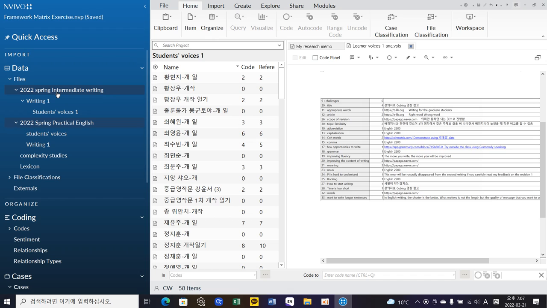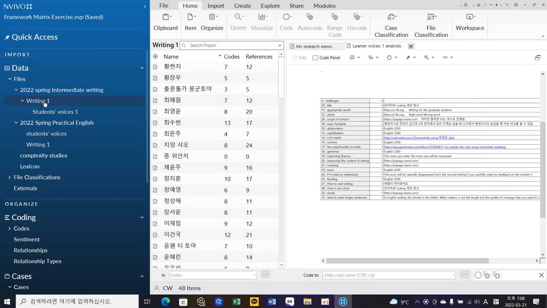One for major students, which is called Spring Intermediate Writing, and Practical English for general education, liberal education, 교양. And here I also have a writing 1, and also here writing 1. So if I click on writing 1,